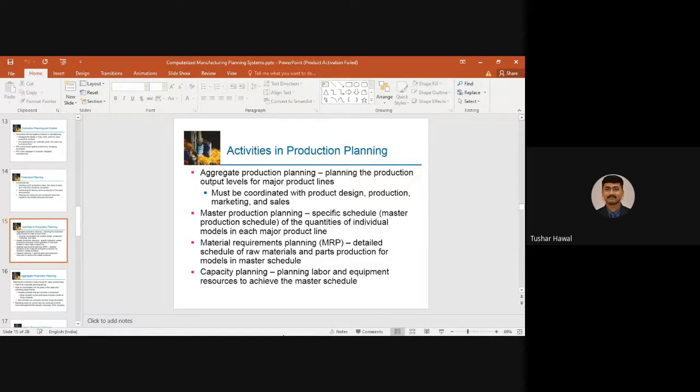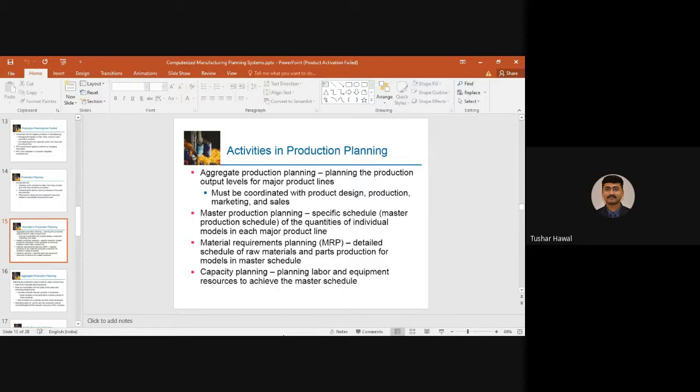But again, if you are sending the next batch also in the market, the customers are again going to face a problem, and there is going to be a problem with your company's name, the reputation that is there in the market, that you are going to lose. Okay, so in order to maintain that reputation, it is necessary that there must be a good coordination between all these things: the product design, the production, the marketing and sales.